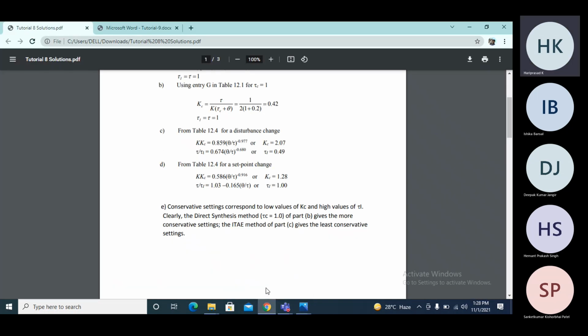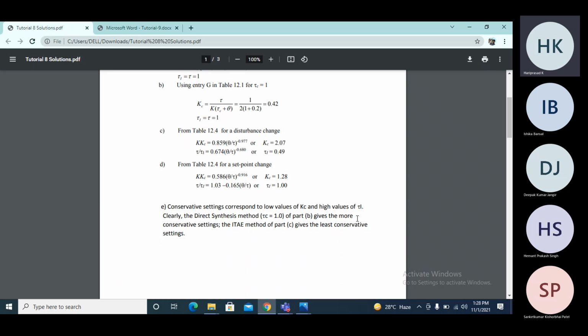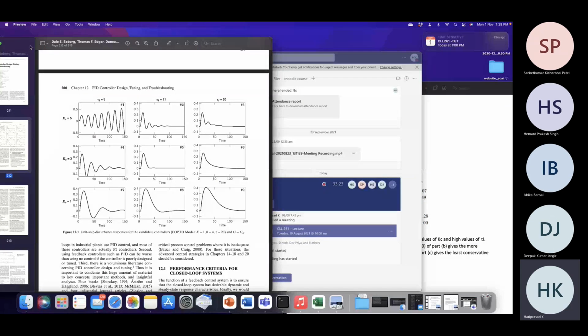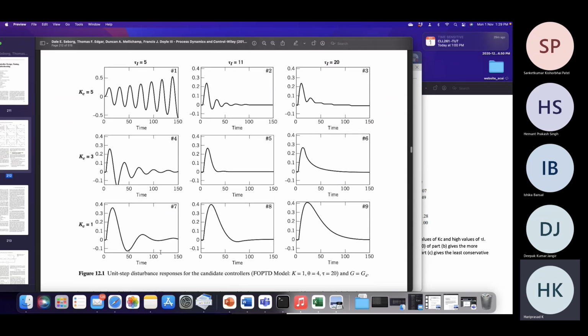Now the last point, how things become conservative. Conservative in the sense that you don't want any more oscillatory behavior, the tightest behavior you could think of. Maybe I will share my screen for a minute. You can see this, right? The most conservative value of Kc comes in when you see that the tau I value is